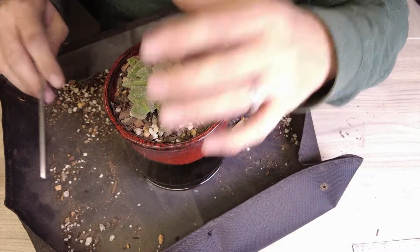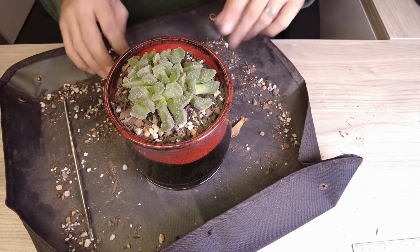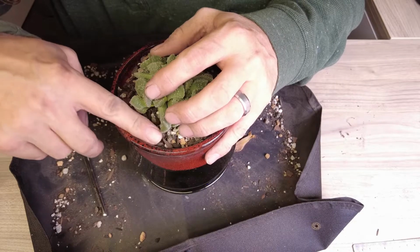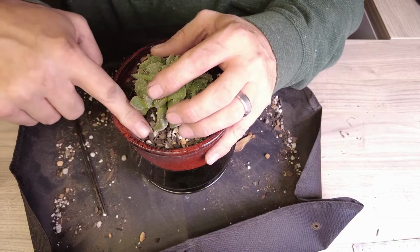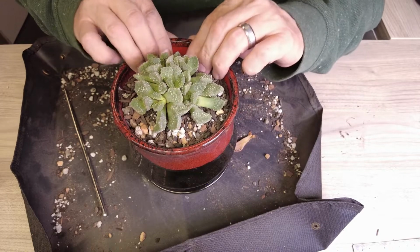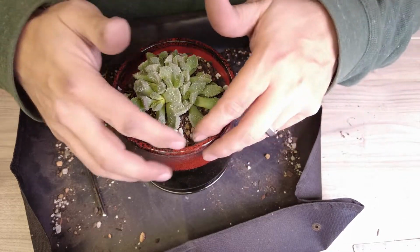We want this guy to be even with the top of the pot. We want the sun coming in to hit him as much as possible. We don't want any shade from the side of the pot or anything. Plus, we want him to stand proud. He's a beautiful, beautiful Aloinopsis. These are originally from